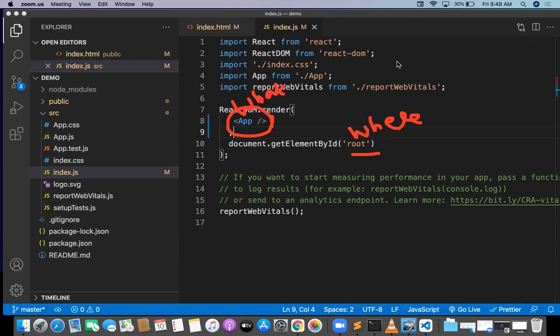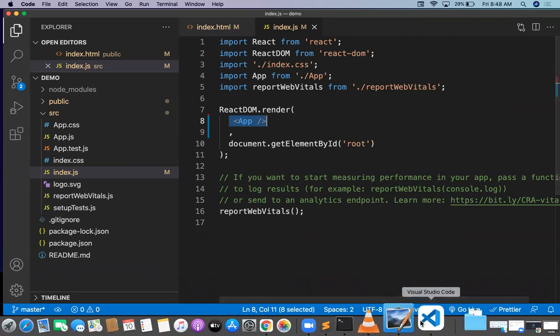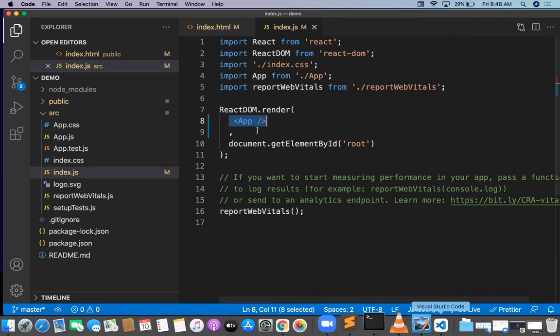So that's it. But what is app basically? I don't know what the app contains. So this is the component initialization procedure. In React, whenever you have some component creation, that component is going to be initialized with a syntax. This is the syntax. And whenever you are going to be creating a component, you need to have some points I will write. Whenever you are creating a component, you need to go with the